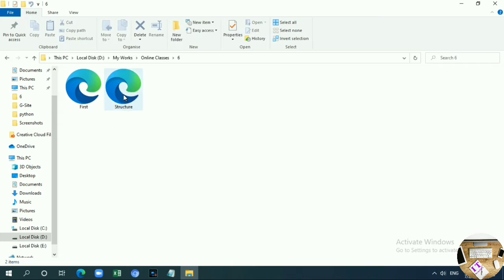So when we are saving our document with the extension .html, that program looks like this because that program is changed to a browser application icon. Because we have created a web page, we can only display the HTML page through a web browser. So here my default browser is Microsoft Edge. Okay, so I am going to open it.